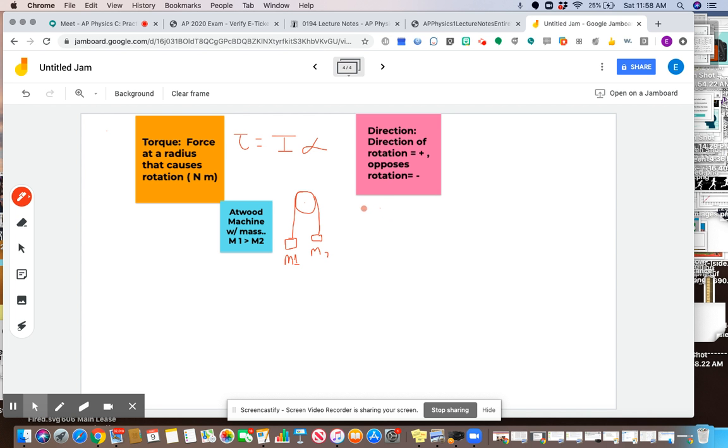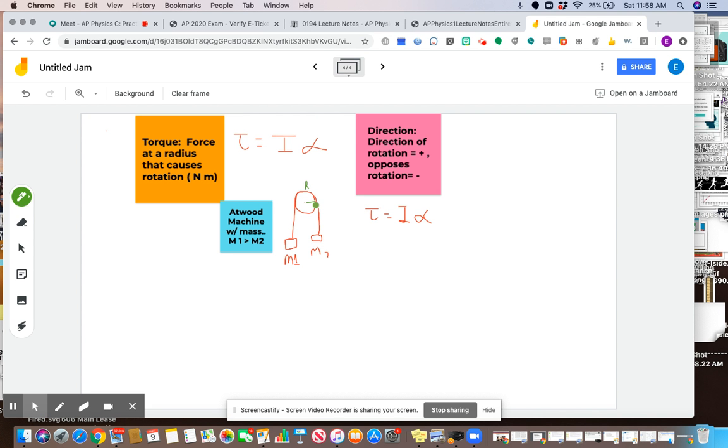Right, we start out with torque equals I times alpha. Okay, both forces are at a distance r from the axis of rotation, which would be the position of the center of mass. Okay, if M2 is smaller,